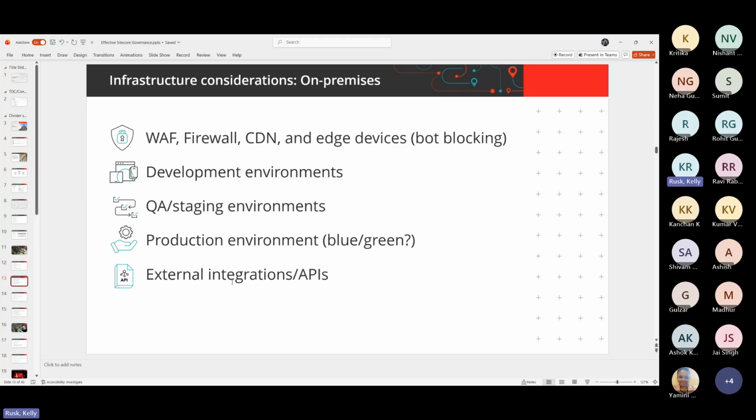Document external integrations and APIs. If any of you have not used Swagger or a similar tool, it's great. If you can say, hey, we have a lot of external integrations, here's the links to their Swagger, so you can see the schema and test the APIs. If you can centralize that information, you're going to save yourself so much time. And I know this stuff can seem pretty boring, but it's very, very powerful.